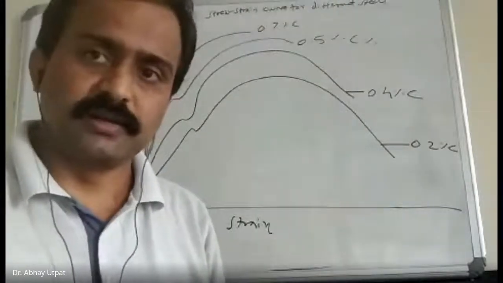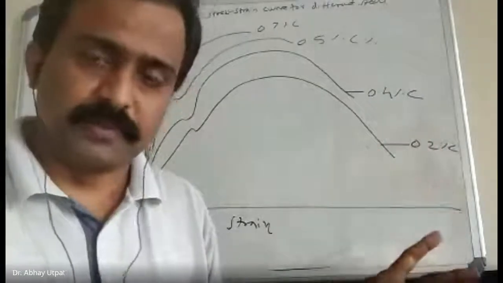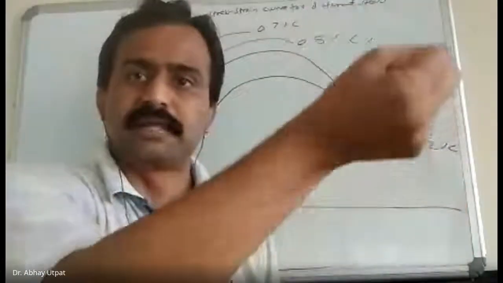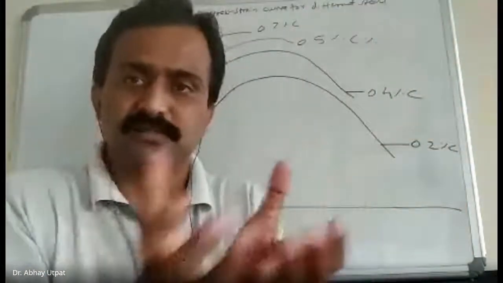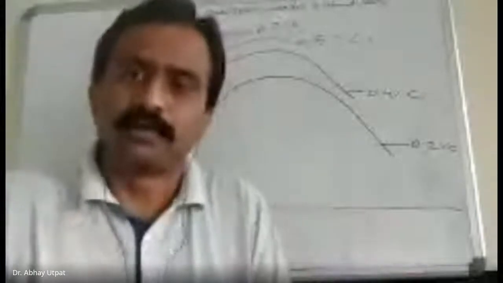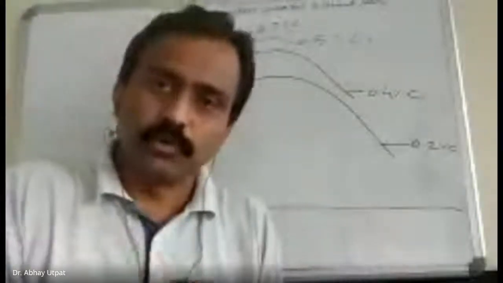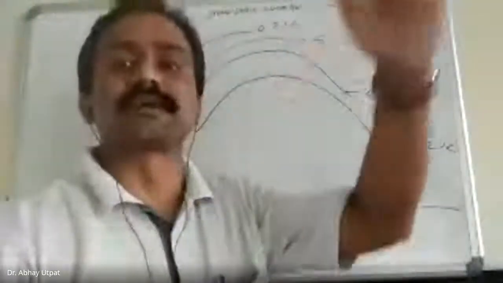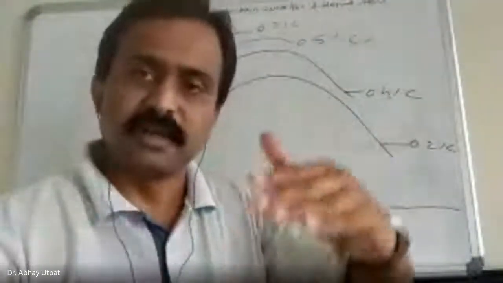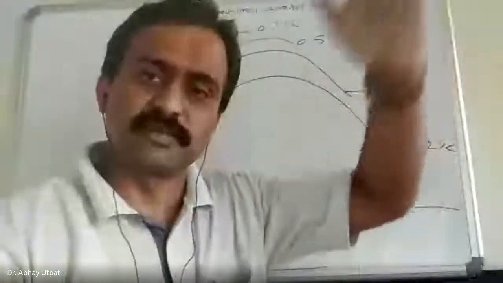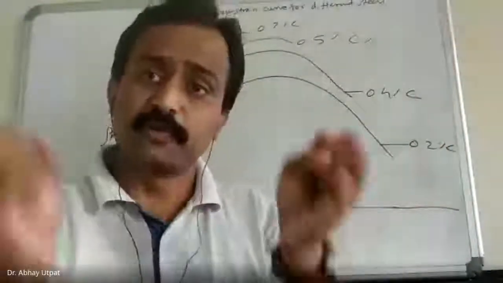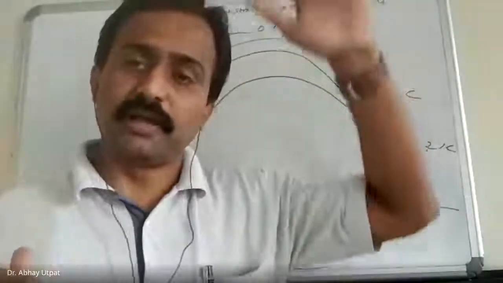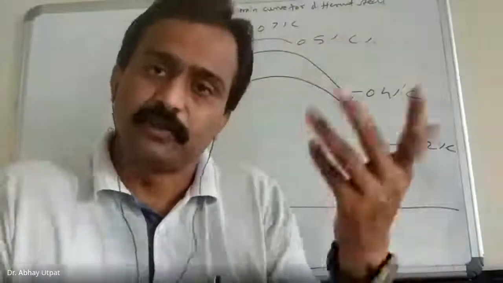So logically, in a UTM, it is not a dead weight where you have applied a 10 kg load as a mass. Not like that. There is oil, a hydraulic power pack. So you are going to increase the pressure of oil, so the load will continuously go on increasing. Initially the load is less and it will go on increasing, and your material will start sustaining that load. When it can no longer sustain it, it will break.